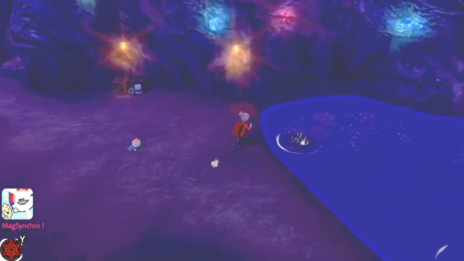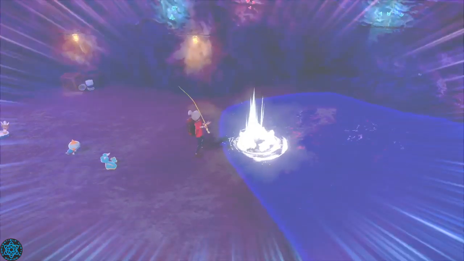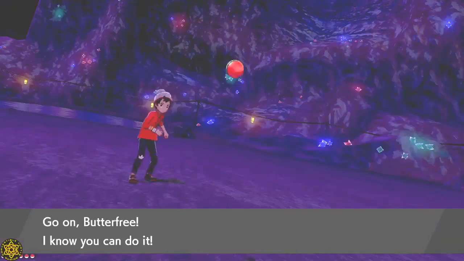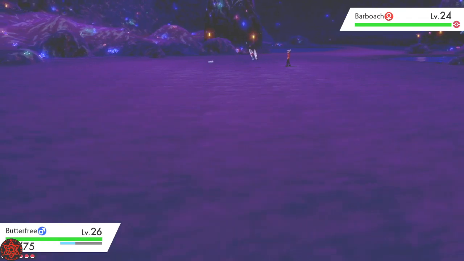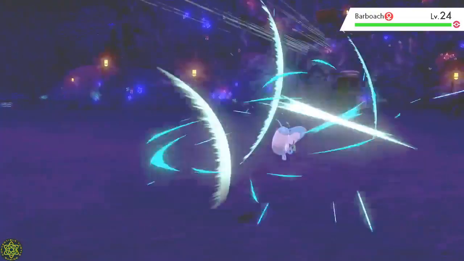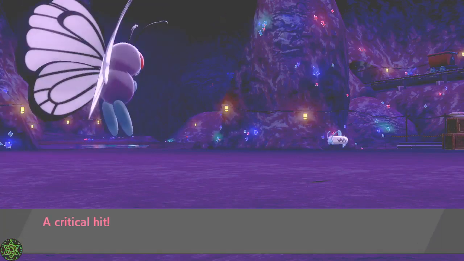Oh, here we go. Here is an Aura Pokemon in the water. We'll see what it is. Ah, it's a wild Barboach. We don't have a need for a wild Barboach because we got the Dynamax one. And I'm really not keen on this particular Pokemon or its evolution, Whiscash. So we'll knock it down a peg or two and then we'll try to catch it, but we're not going to try to, like...